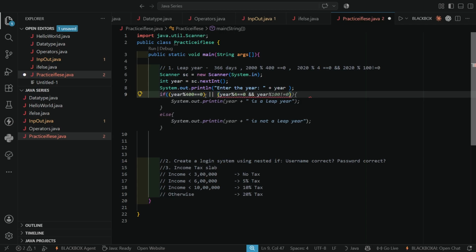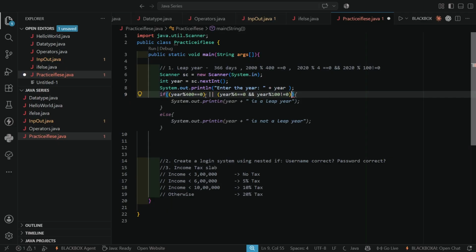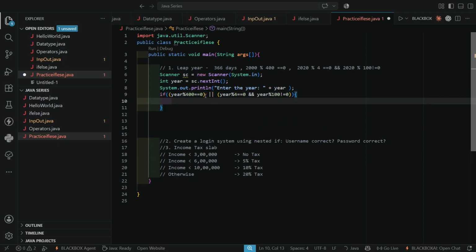Whatever year you are entering, it must not be divisible by 100, so I am using the modulus remainder operator and not equal to 0. Year mod 100 is not equal to 0. Now close this. Now print the appropriate statement.